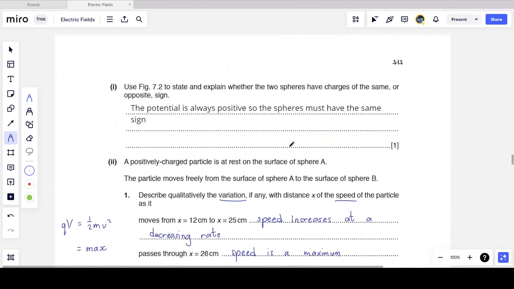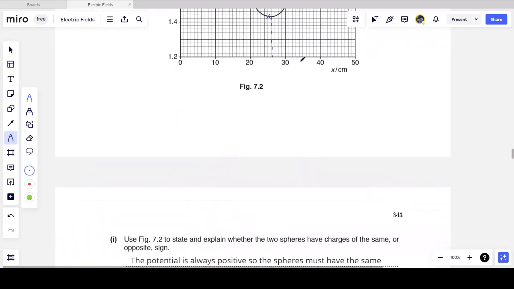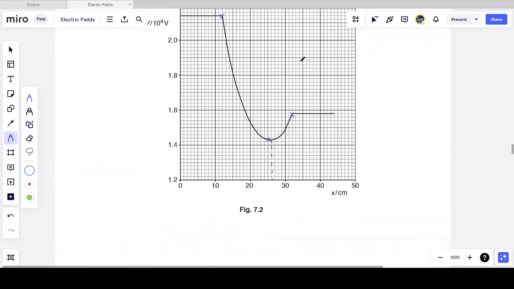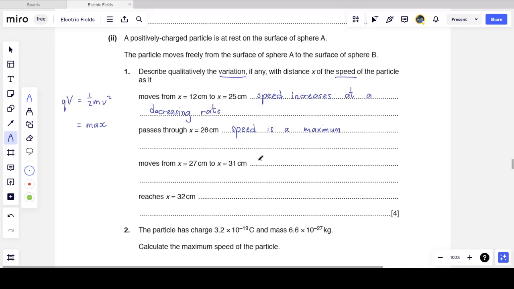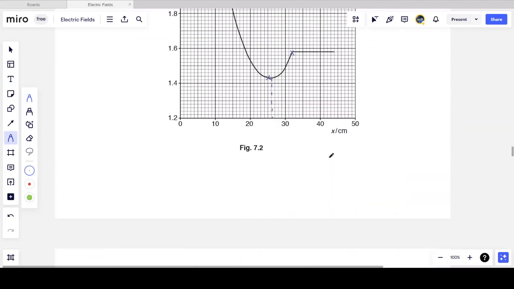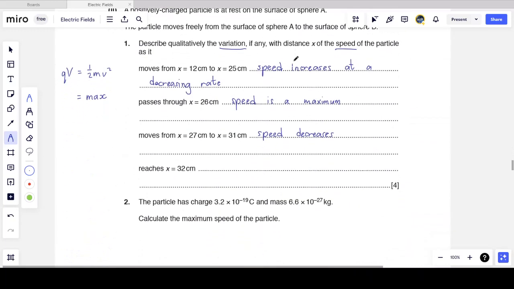So as we move from 27 to 31 centimeters, that's the upward incline, what happens to the marble? It obviously starts to decelerate as it moves up the incline. And so the speed, rather, of the particle decreases. And can we state how the speed decreases? Saying that it decreases is not enough, but it decreases, and the gradient gets steeper and steeper and steeper till we get to the top of the right-hand side. So it decreases at an increasing rate,